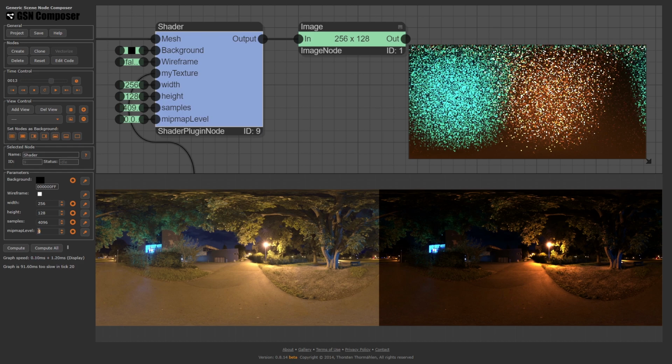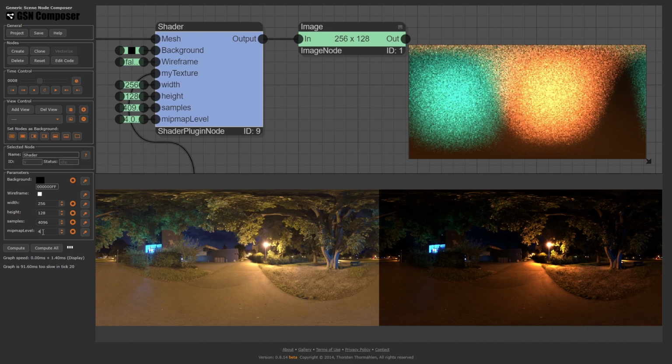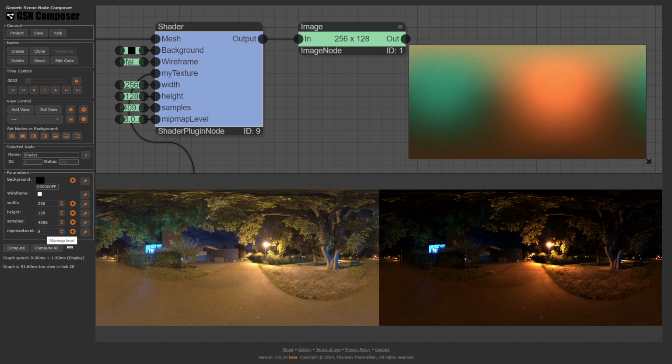This is the result for level 1, 2, 3, 4, 5, 6, 7, 8. Okay, we have to go to level 8 here to get an acceptable noise level. But the locations of the light sources have also moved because the resolution at level 8 is only 4 × 2 pixels if the size of the original image is 1024 × 512 pixels.